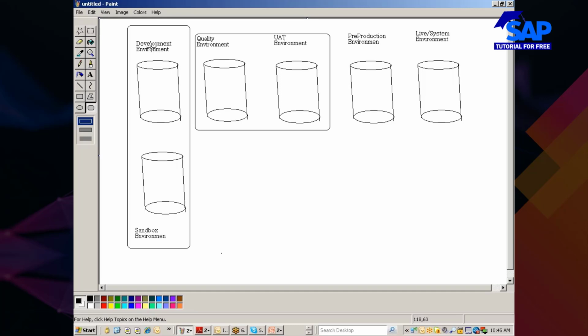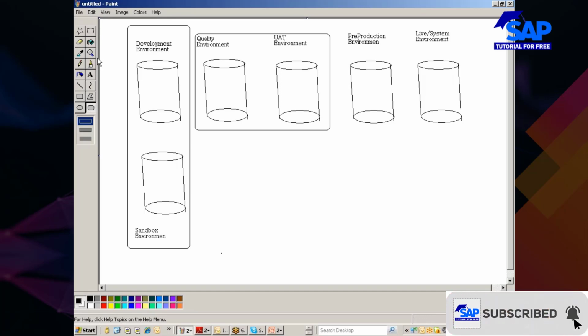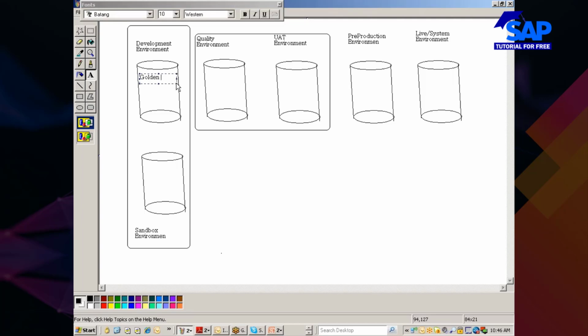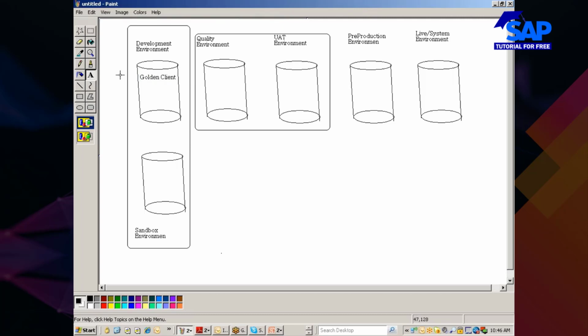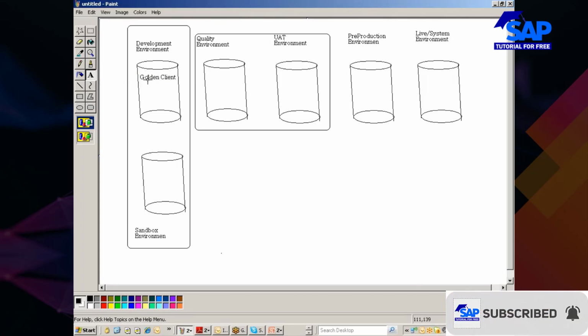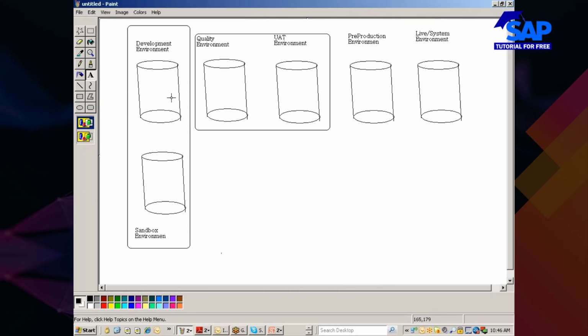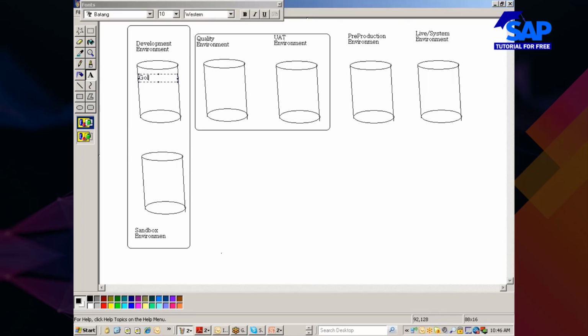Out of 100 gigabytes for the development, here they will allocate a space, or let me put it here. I'll just add a few more things here. Look at this. I call this the golden client. I need more space, so I call this golden CLNT.